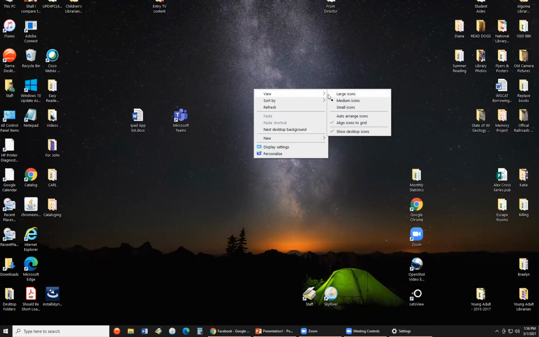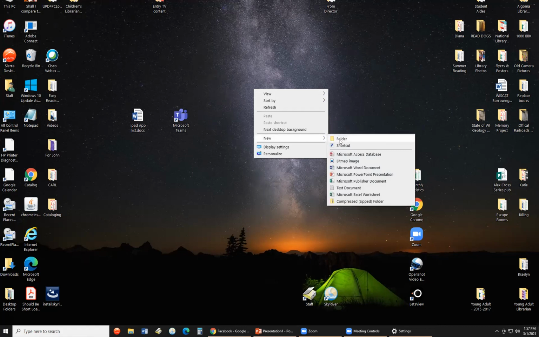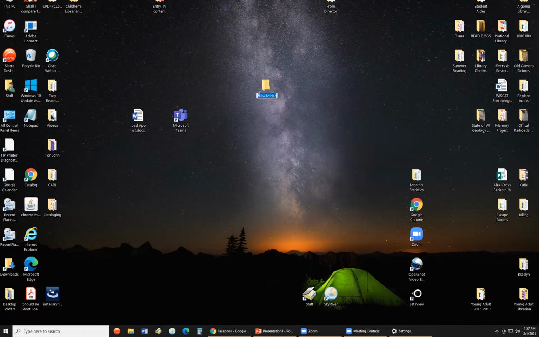So my icons are also the folders, applications, documents, and I can change their size to large, medium, or small. I can change how they're laid out on my screen. I can resort them. I can also create a folder here. So you would go down to New, Folder, and look at, I have a folder. As long as it's highlighted blue on the words, I can type in my new name for a folder. So I'm going to call this folder random. If I click outside of the box,